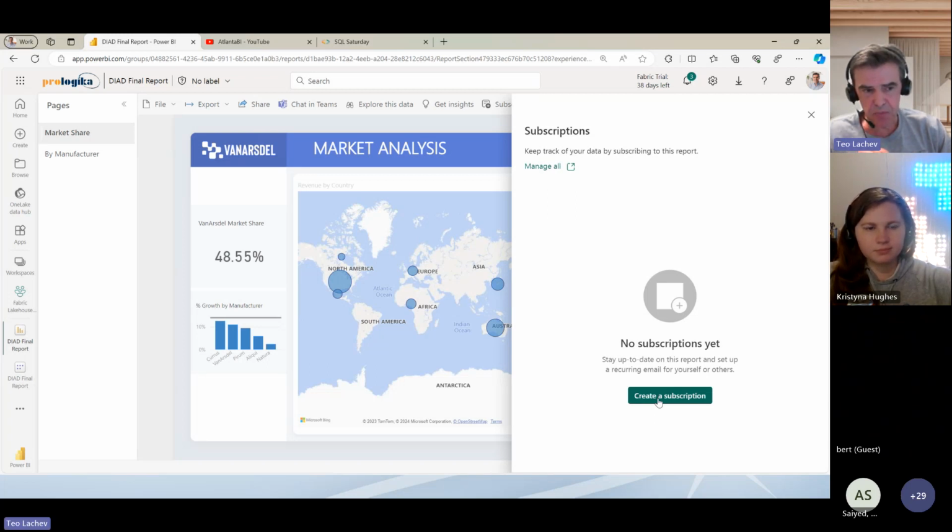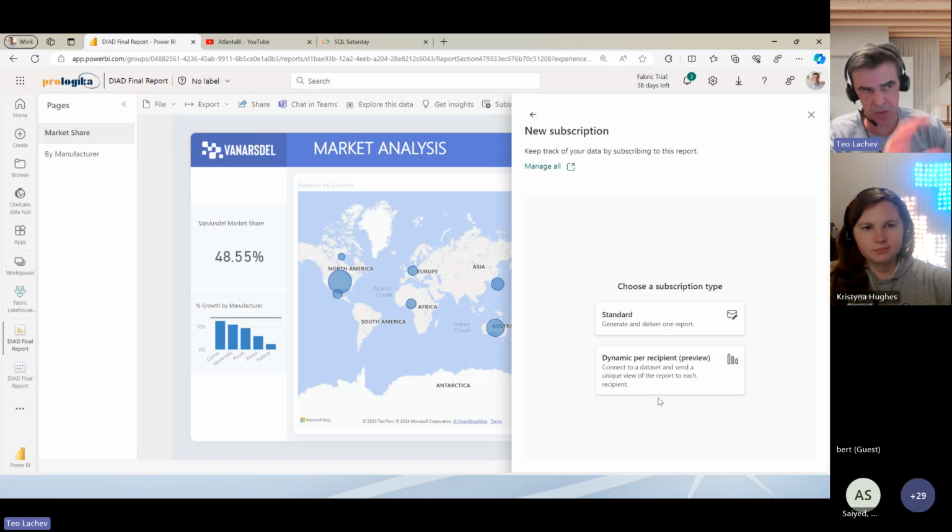But dynamic subscriptions, you can set up on behalf of your recipients. So I'm going to click. The starting point is the same, but there is a profound difference. Right here, I'm given a choice: do I want to create a standard subscription, which means an individual subscription, or a dynamic subscription, which is